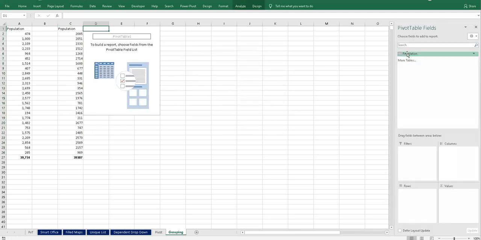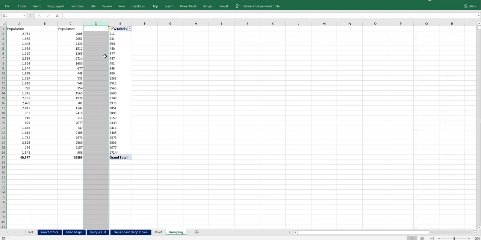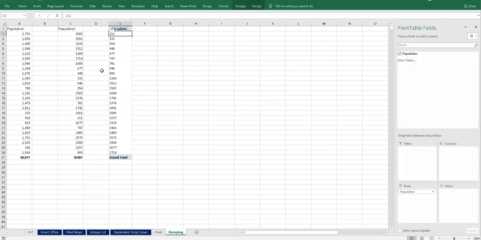Now I will select this population in the row. It gives me distinct characters. Now this is in alphabetical order so that it is sorted from the lowest to the highest value. Now our main function is that how we can group it, because if you know the population range, that some people are from 1 to 18 years, from 19 to 35 years, from 44 to 54 years. This is the concept we have been using in our workings.